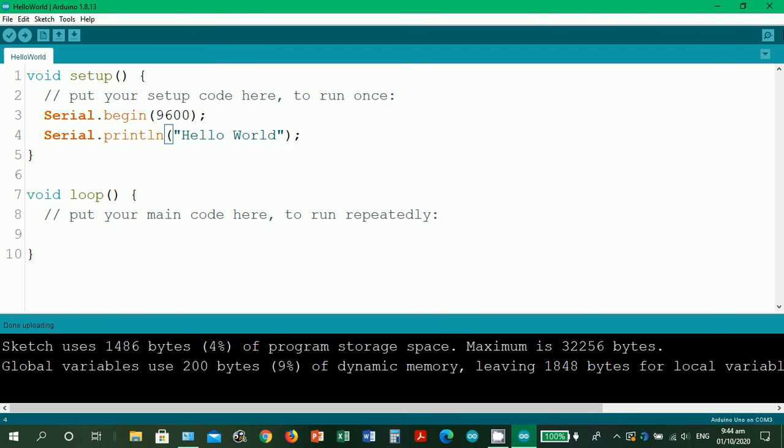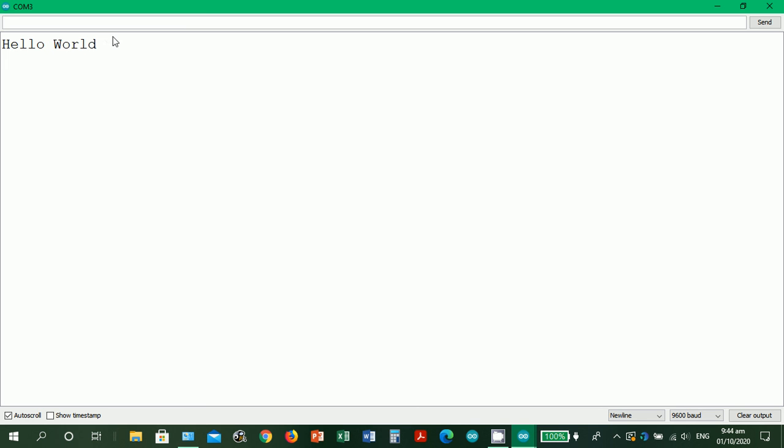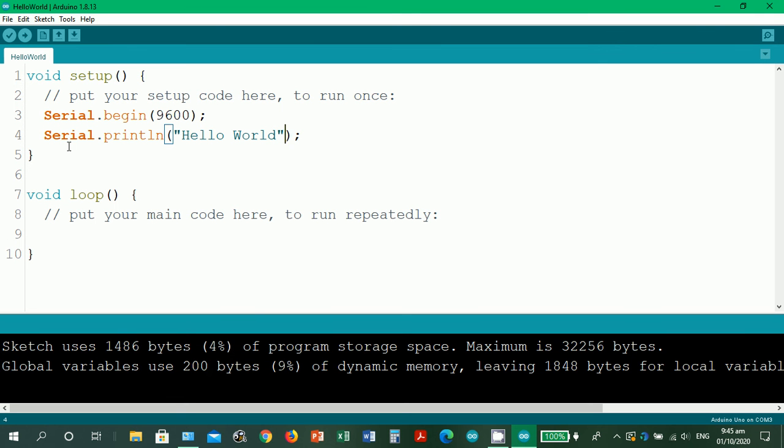So let's see the serial monitor. Let's click this icon. Okay, as you can see, it runs the Hello World. Okay, so it only runs once. Okay, why? Why does it only run once? Because